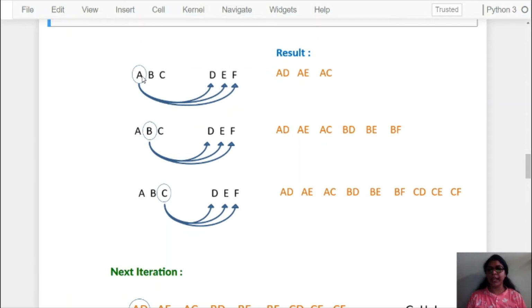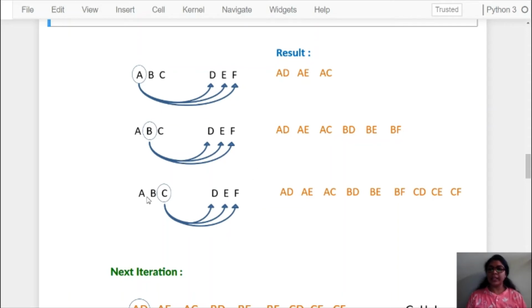So we will get AD, AE and AF, and this output will be stored in the result list. Now B will get combined with D, E, F. Then we will get BD, BE, BF. This output will again be stored in the same list result. So we will get our result list having 6 members.